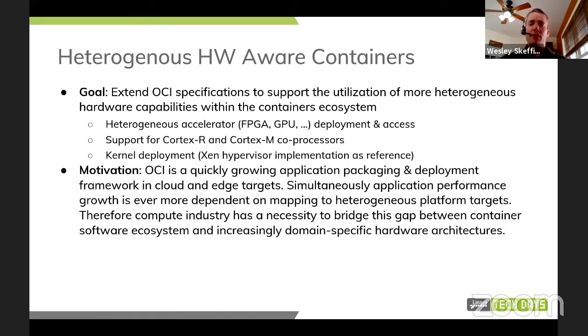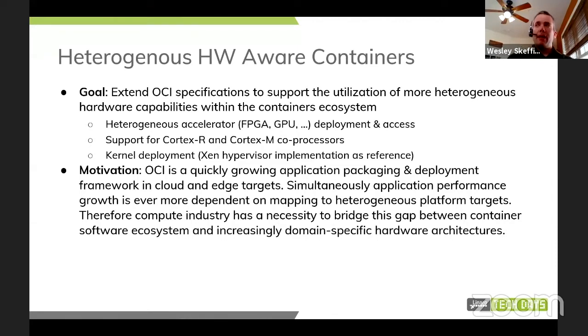So what's the overall motivation here? The real motivation here is that recognition that the OCI is quickly growing as an application packaging and deployment framework. And it's not just happening in data centers, it's also happening at edge targets, whether your edge is an on-premise server, or you're talking about the very edge where the digital physical boundary is bridged in microcontroller type devices.